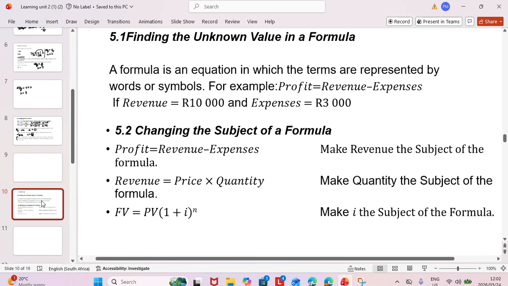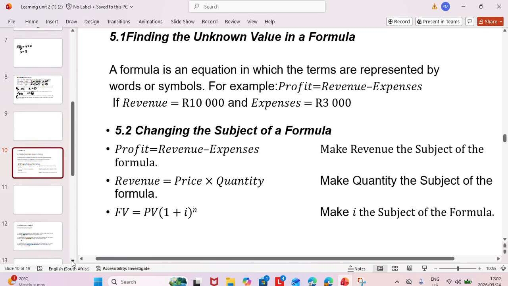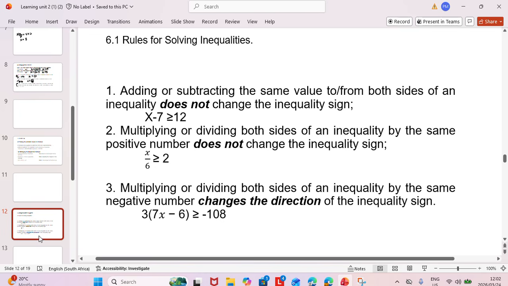Okay, so I think now we need to introduce finding the unknown. But before we can find the unknown, I want us to shift our attention to the rules of solving inequalities. Yes, we are still solving for x, but now we're solving for x with inequalities. So number one,